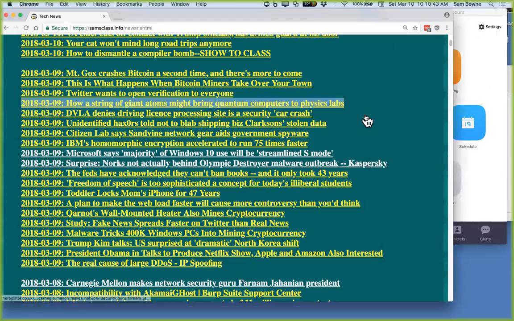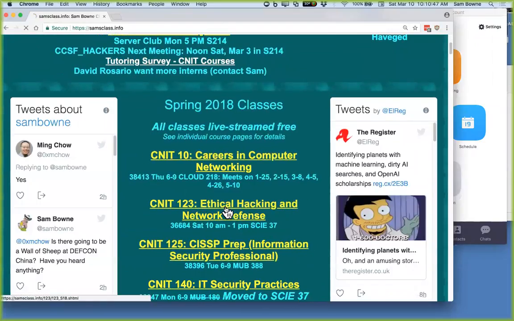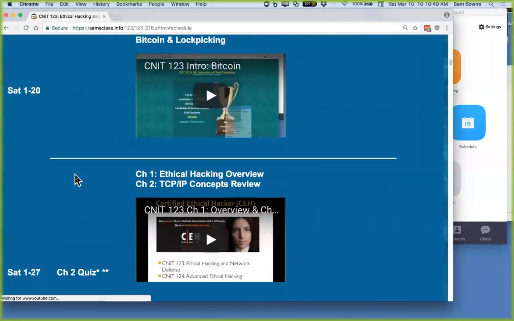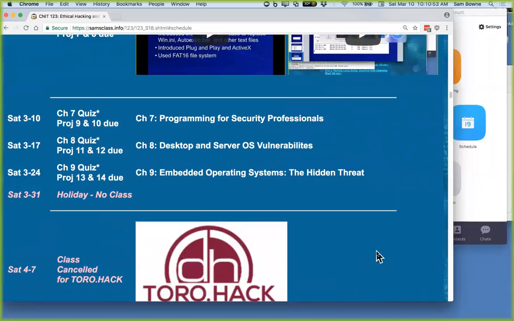Okay, so today, let me go to 123 and the schedule. If you already know programming, this will all be pretty easy, but there are a couple of things about the security implications.